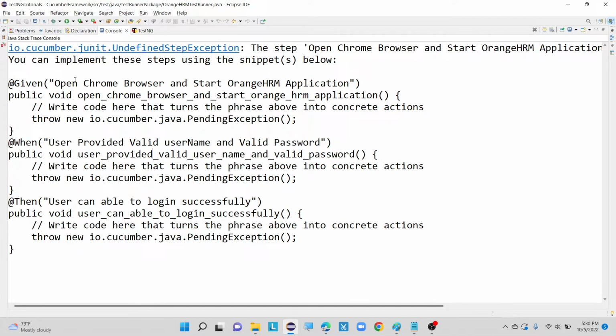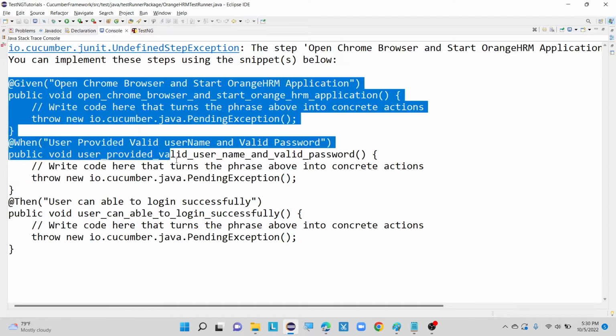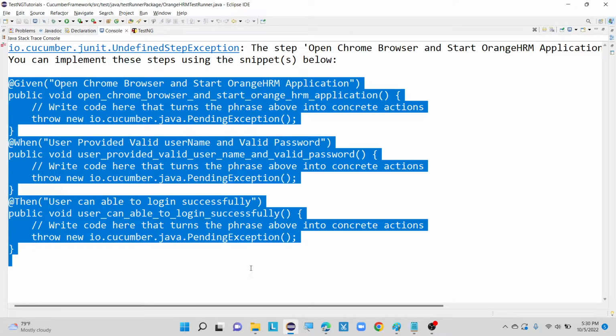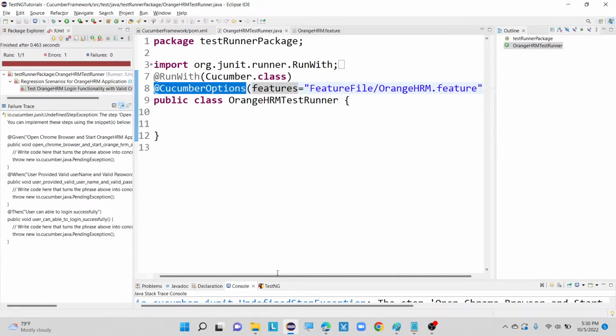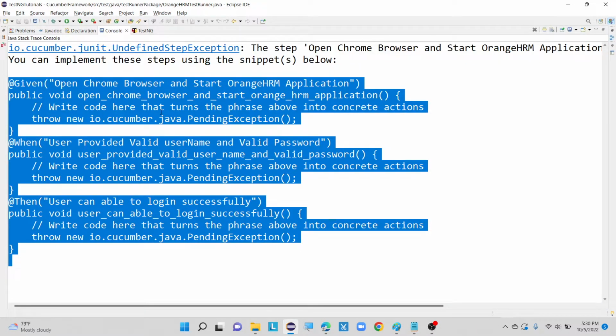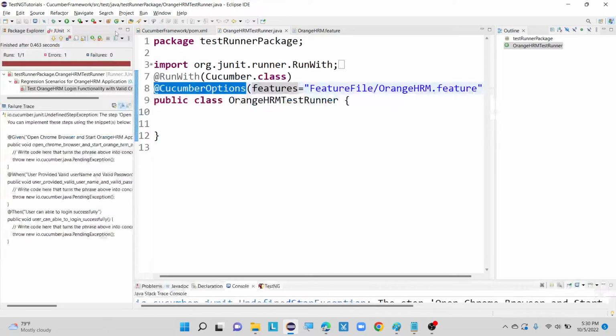It is not executing our code first of all, but in the console we are getting this skeleton. So let me copy these lines that you are getting in the console, and